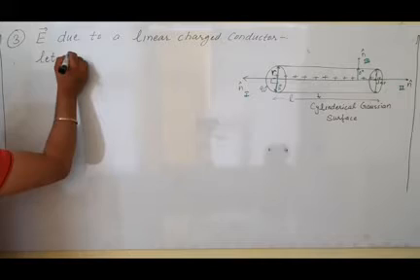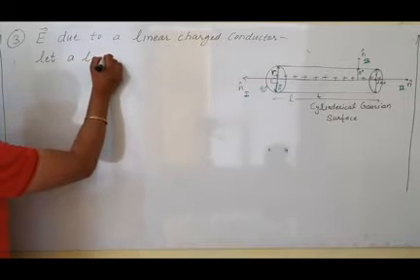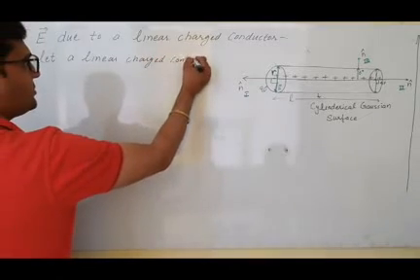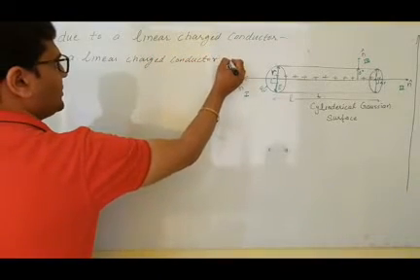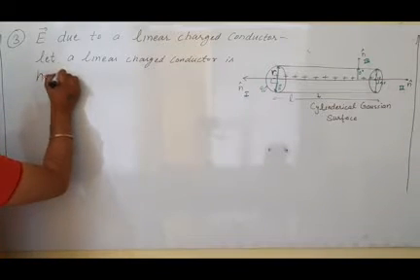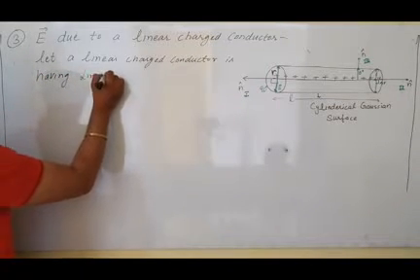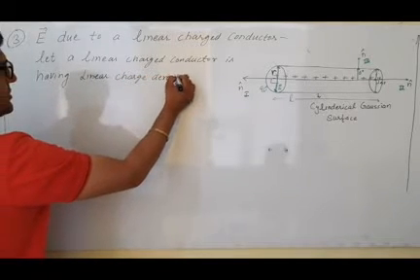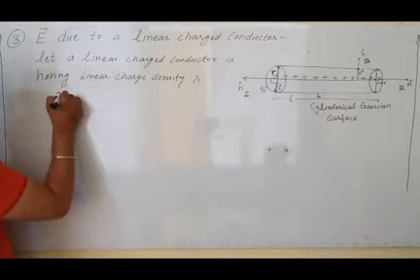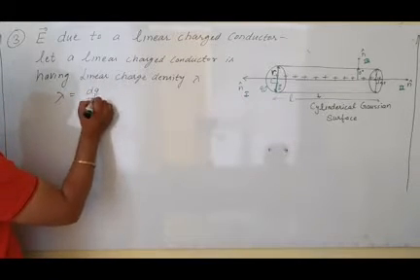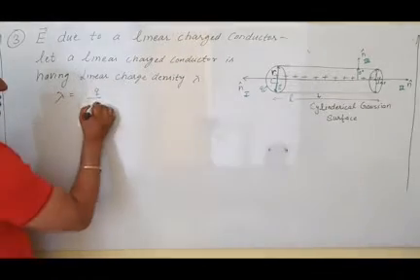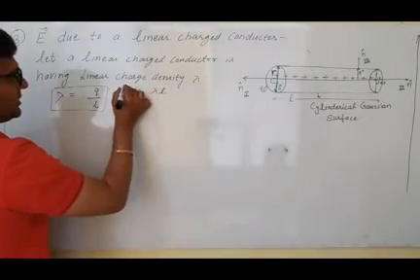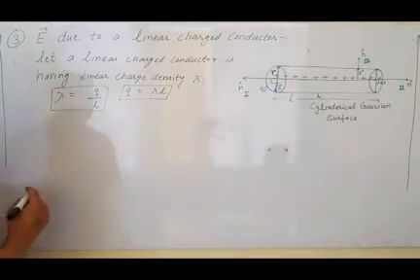Let a linear charged conductor is having linear charge density lambda. So lambda is equals to Q by L. So what is the value of Q? Lambda into L. Fine. Now